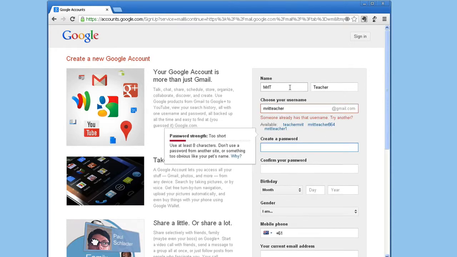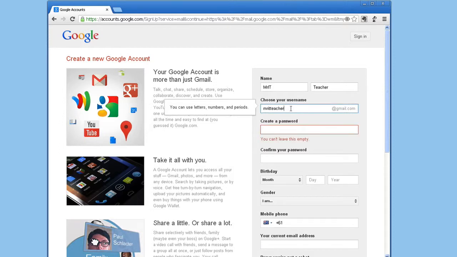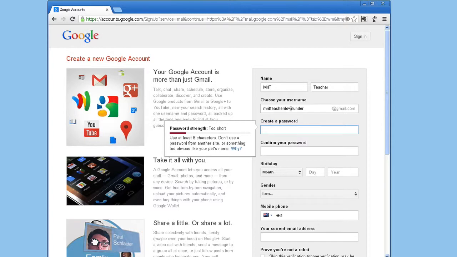When you select your email address and it's not available, Google will give you a warning, as in this example, and Google will also try to give you a few suggestions. If you're not happy with the suggestions, you can try to pick another email address. If your email address is available, you won't get any further warnings, but you will now need to create a